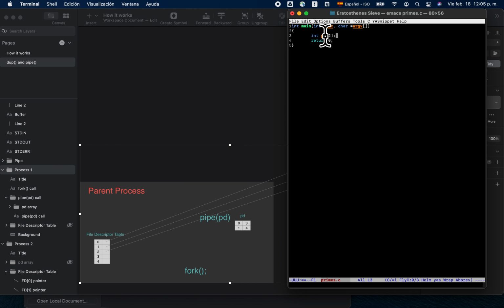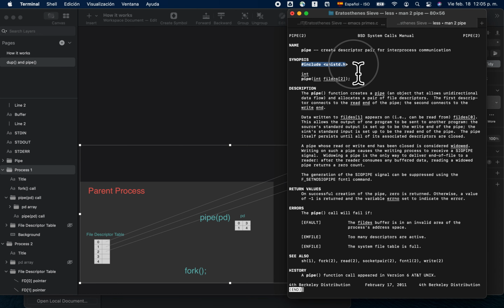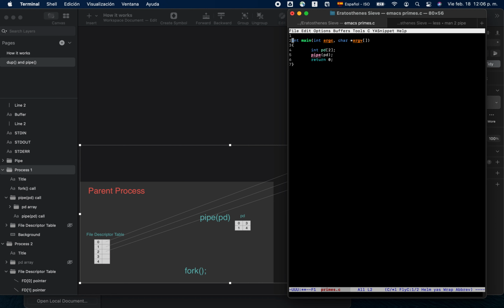So now we've created an array of two integers, and then we can create the pipe. And now we get a little bit of an error here saying pipe is invalid. That's because we don't have the right include. We want to include unistd.h. I never really can remember any of those,